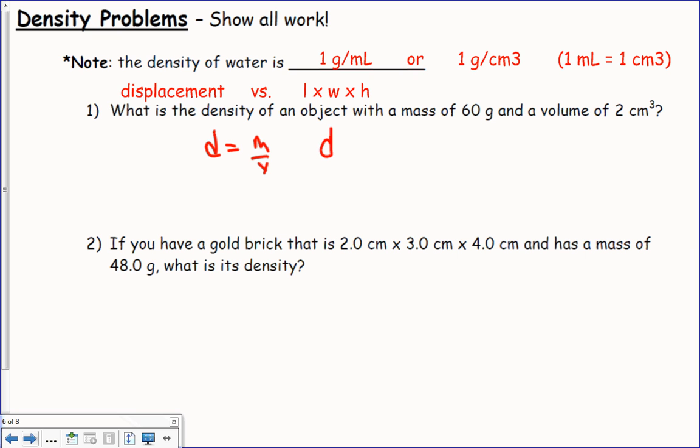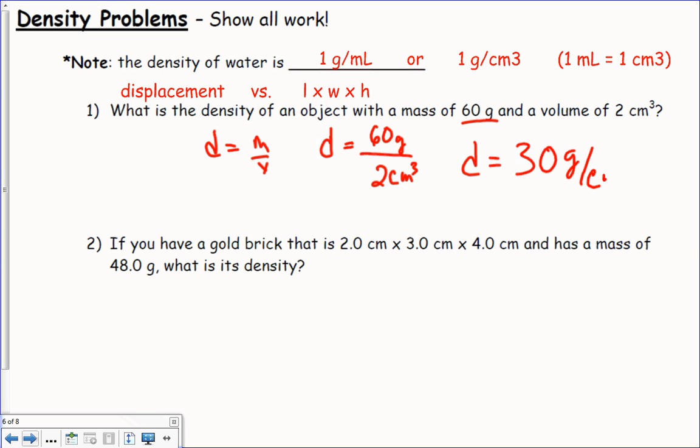So for density, I'm going to plug and chug, we call this. I'm going to plug in my mass, 60 grams, divided by my volume of 2 centimeters cubed. 60 divided by 2 is 30. My density now is, oh, this is the chug part through the calculator. Oh, I wrote a 6. Density is 30